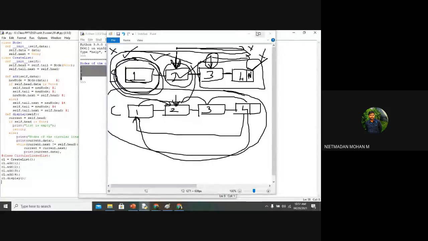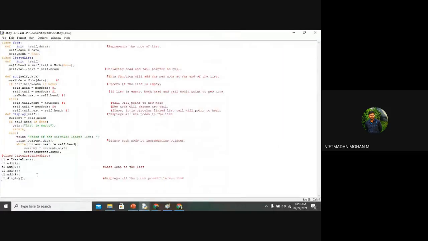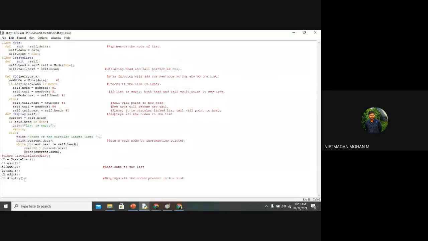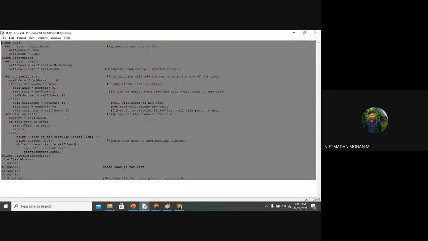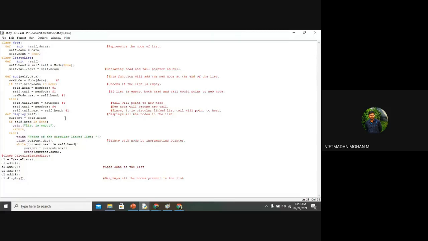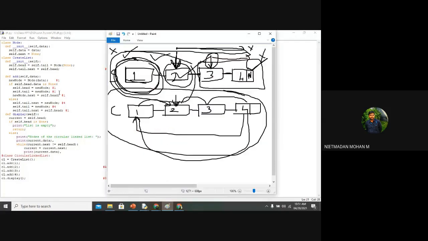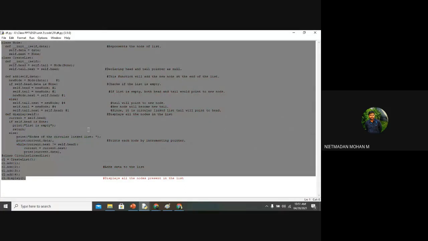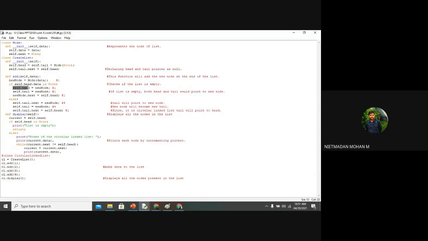Here I have given you a detailed explanation of these lines of code. I have written some 20 to 25 lines of code for displaying the circular linked list. If you understand the concept, then these lines of code will become only 12 to 15 lines. You can change all those values here. You can give a number of operators over here, and you can reduce the code to a minimum of 12 to 15 lines. So that will be easy.